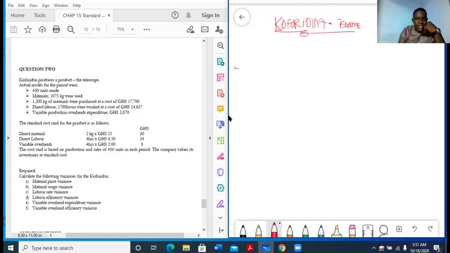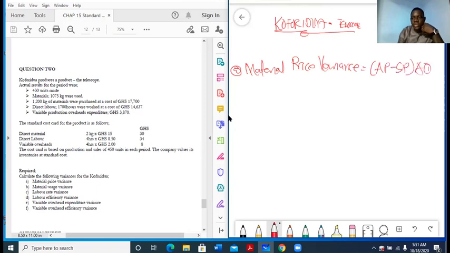So the first thing is what? Calculate the material price variance. Now, material price variance is the actual price minus the standard price measured at the actual quantity purchased. Okay, good. So now our AP, our actual price here, they say that